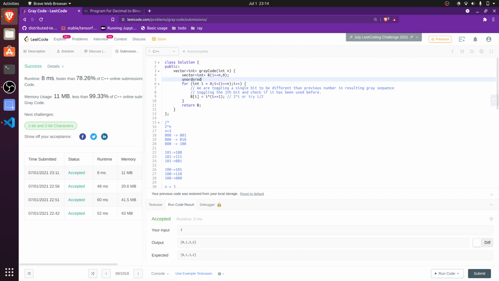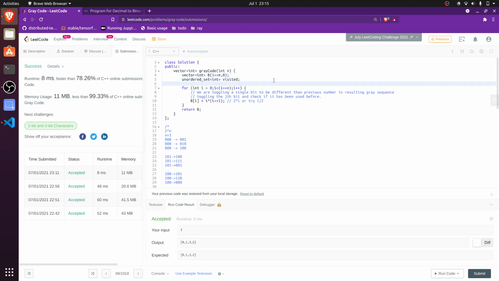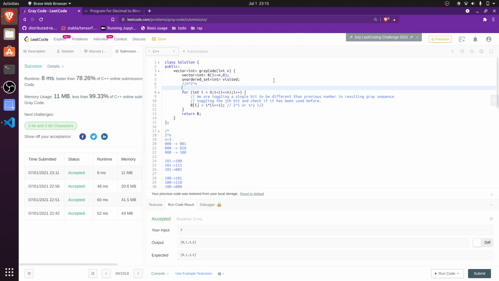Okay, unfortunately for the graph, we need to keep track of visited this time. I think there's a way to do a bit set. I just realized constructing the graph is going to take n times 2 to the n, and that's also how much space it's going to take. So obviously this problem is not as optimal as using a formula, but